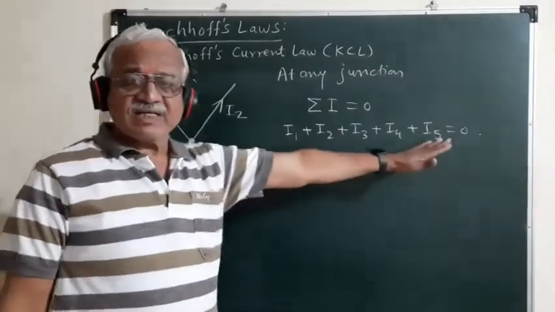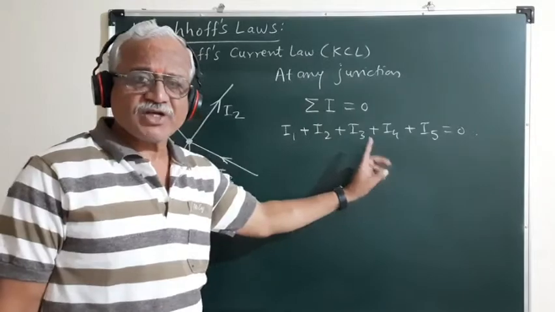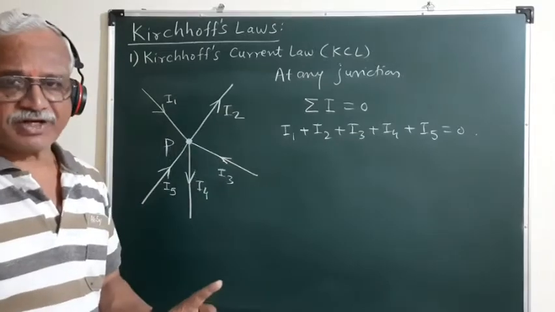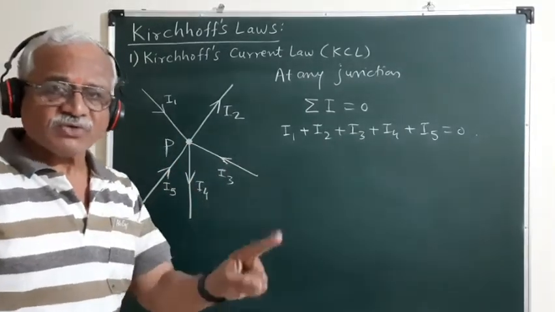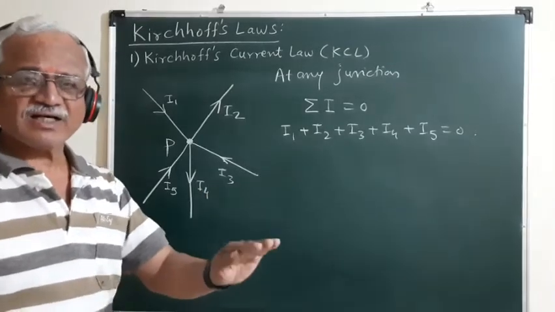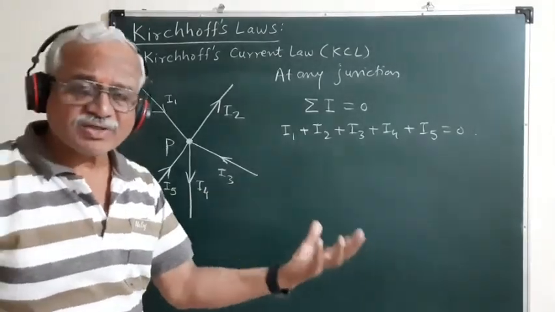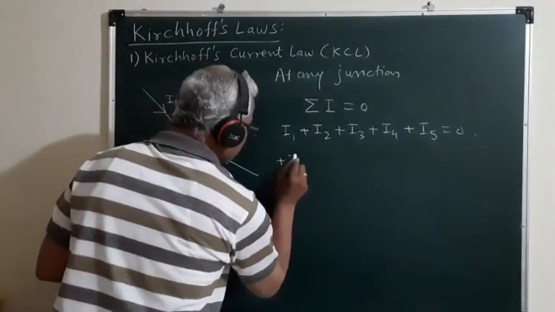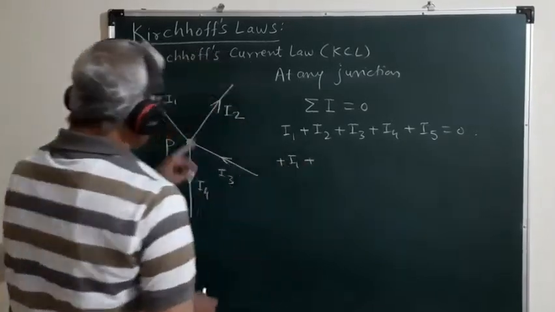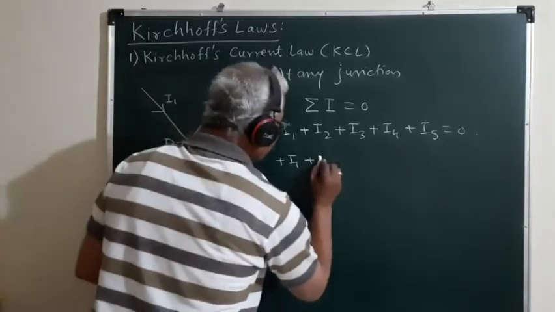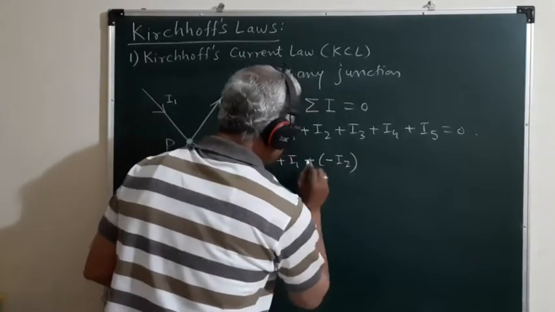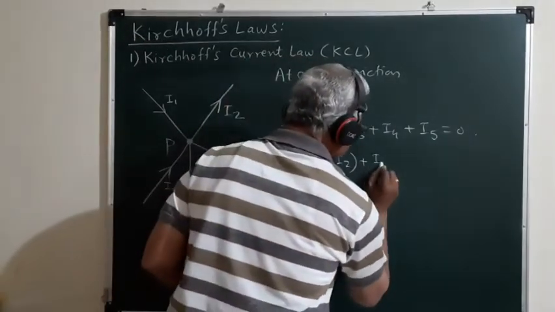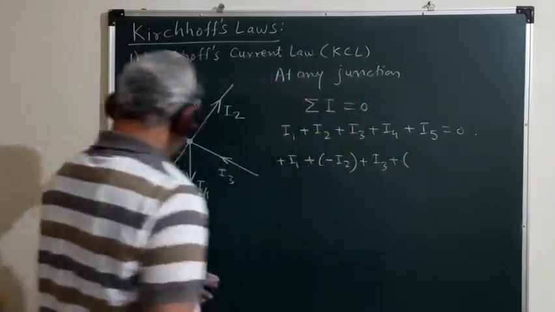While expressing this relation, we have not taken into consideration the sign convention. Now, if we take into consideration the sign convention that the currents approaching the junction are to be treated positive and the currents leaving away from the junction P are to be considered negative, so here we can consider this is plus I1. I2 is leaving from the junction P, so it should be treated negative. So it is minus I2, plus I3 is approaching the junction P, so it is positive,